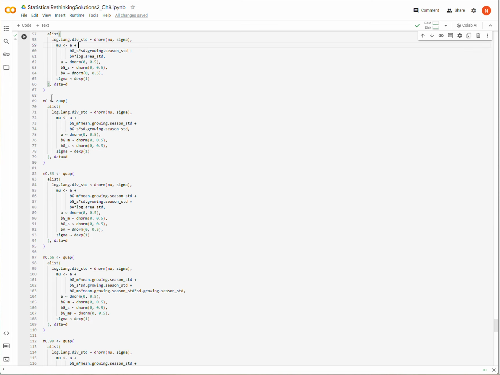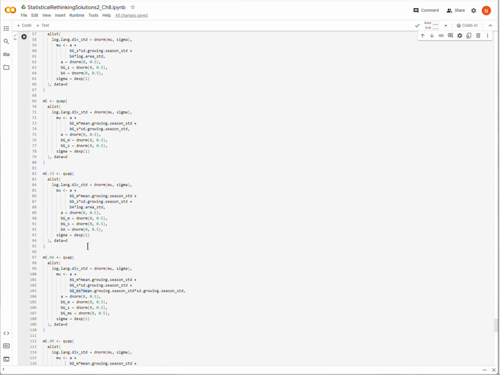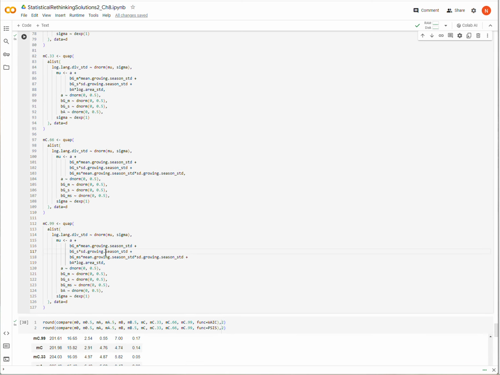Okay. And then finally, in the C models, of which there's 4, I have both mean growing season and standard deviation of the growing season. The first 2 models here have no interaction term. But then the last 2 C models do have an interaction term right here. And within the first 2 models, they differ because only the second one of the 2 has area included. So you can look through all of those. But so these all run, and I've run them.